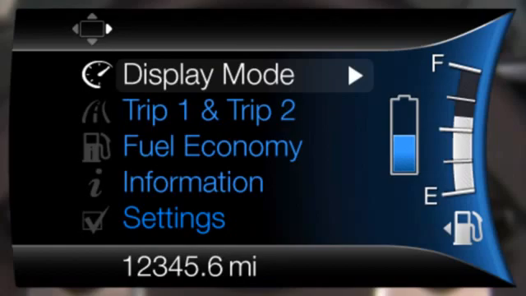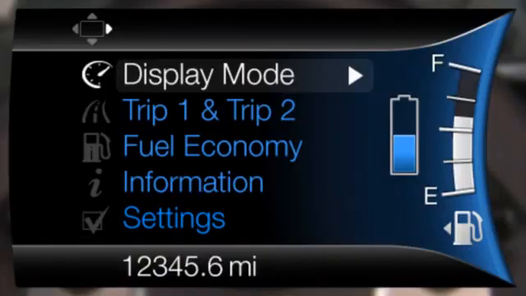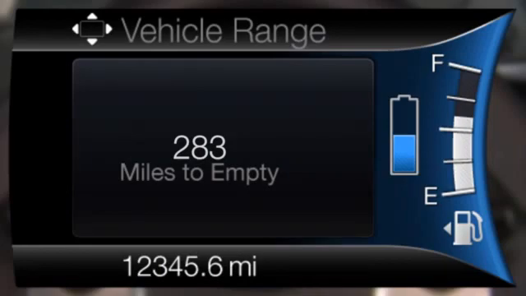Now let's go through display mode. Use the right arrow or OK to enter this menu. Here you'll find display choices with names like Vehicle Range,